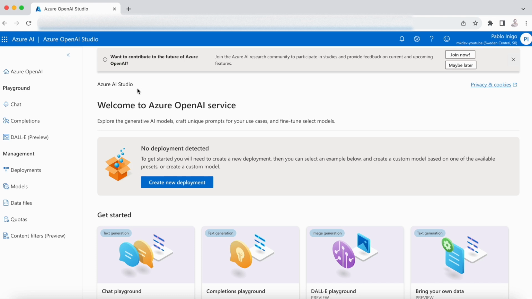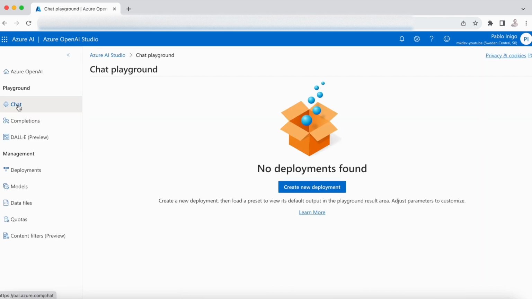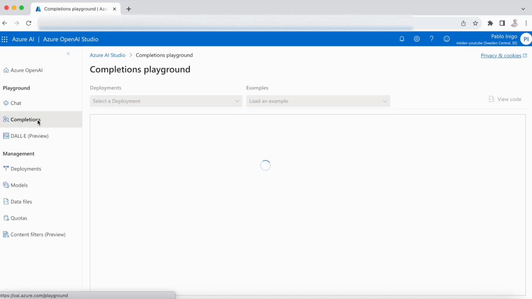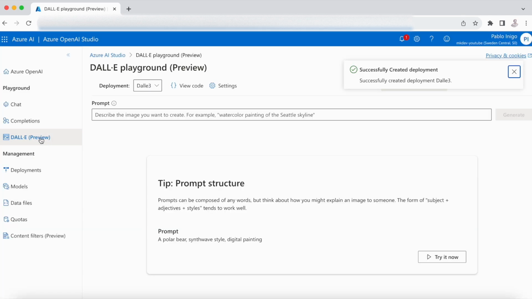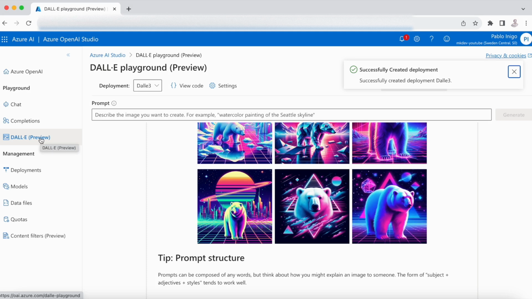Here, as you can see, we are in a different environment completely separated from Azure AI. And we will have different playgrounds, like chats, where we can test different models, or even we can add our own data, like files, web, databases, to create different models with our exclusive data. And in this way, talk to our chat about internal questions on those documents and fine-tune the model. We can play with different kinds of completions, or even with DALL-E 3,